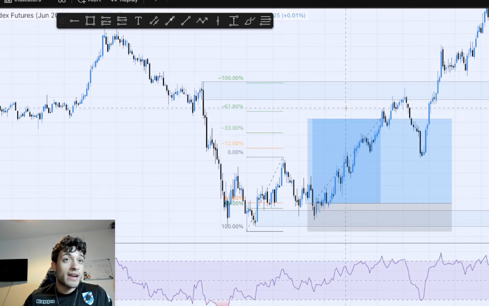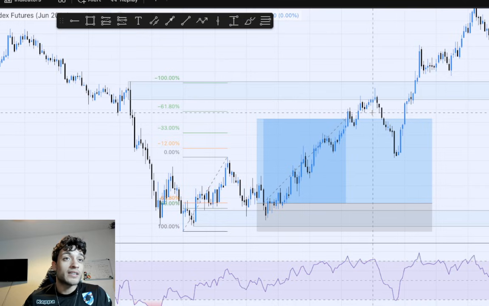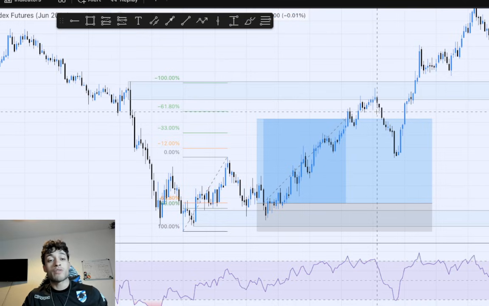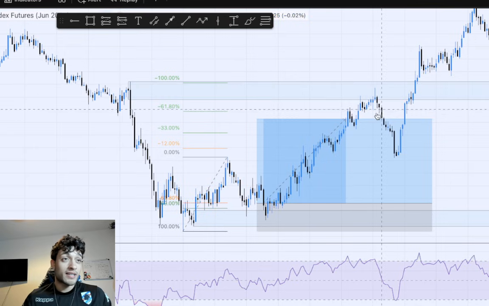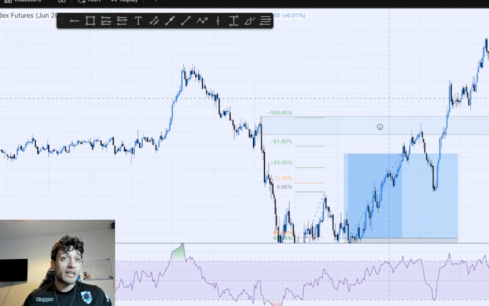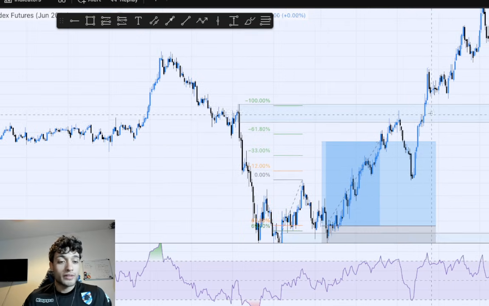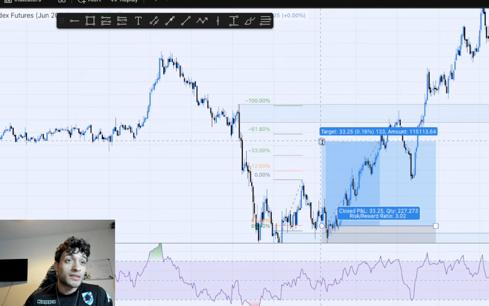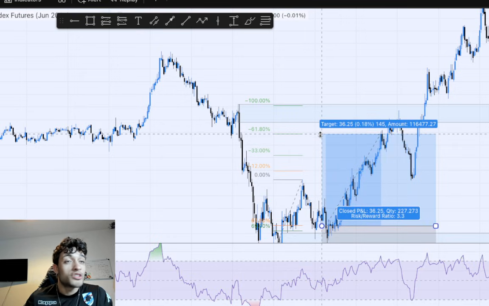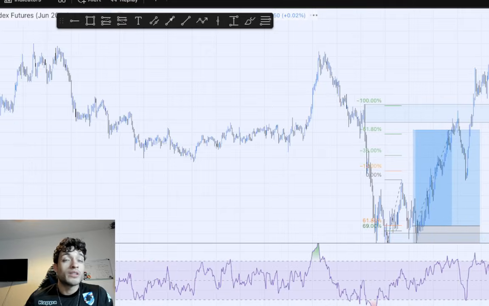I saw that we got into a point of interest, we broke structure to the downside, then around here I was like, this might reverse. So instead of waiting for partials here, I'm going to take another partial here, and I'm going to let the rest run, but with a trailing stop loss. This was my plan, but then by mistake I pressed the button to close the full position, and I ended up closing a full position in here, which was not great.